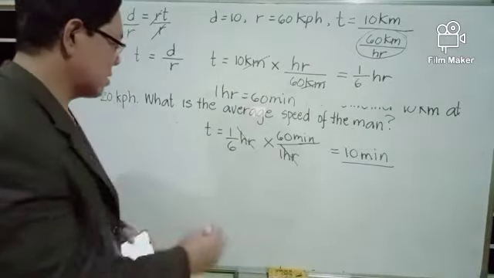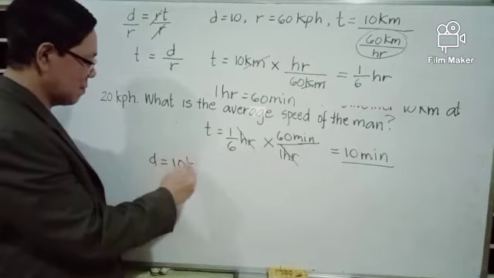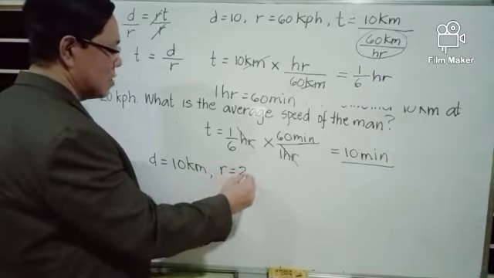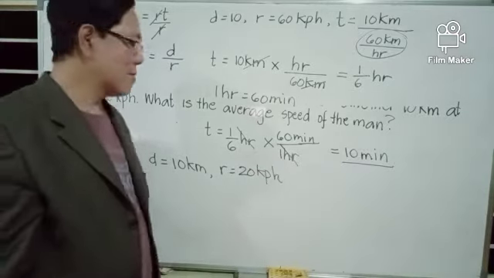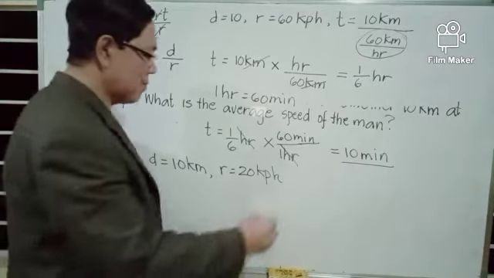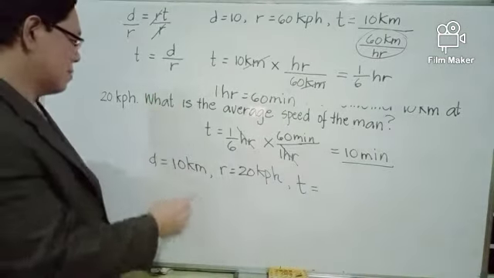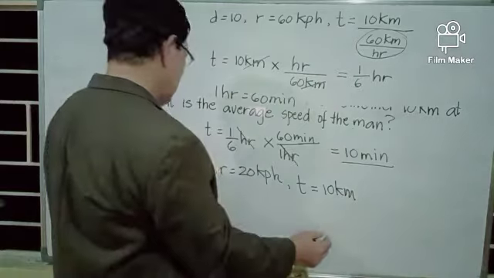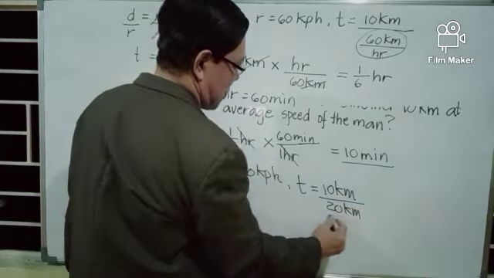For the second part of the trip, the man traveled another 10 kilometers at a slow speed of 20 kilometers per hour, and we calculate the time elapsed for this second part of the trip using this formula: distance divided by r. 10 kilometers divided by speed 20 kilometers per hour,